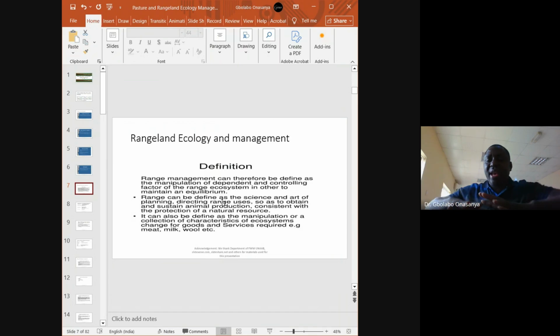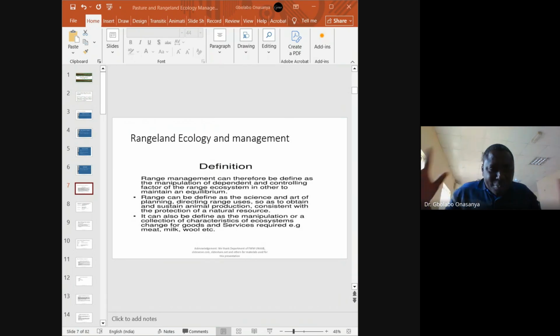Because in our rangeland, the ecological system is an ecosystem where there is balance. If there's no balance in the ecological system, the quality of our rangeland will be compromised. So, despite the fact that rangeland is naturally occurring and was not deliberately planted, we can still manage it. We manage our rangeland. Am I speaking sense? Fantastic.